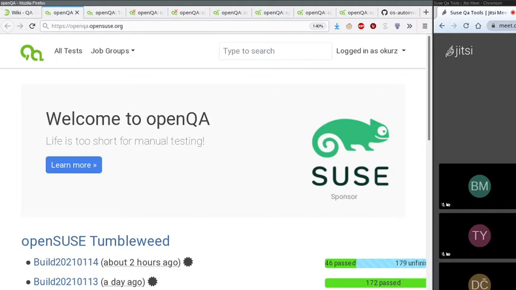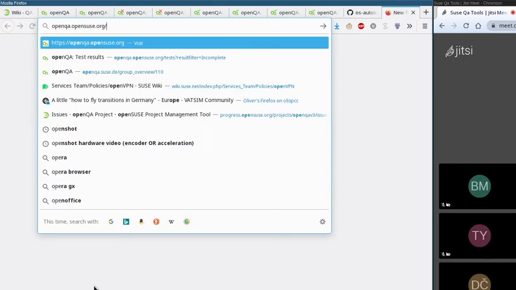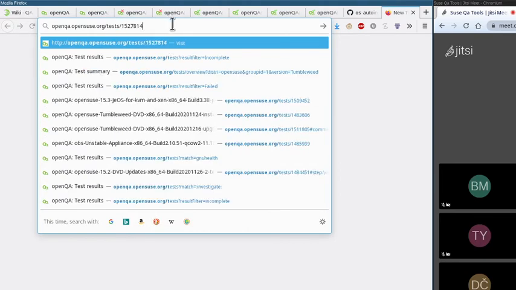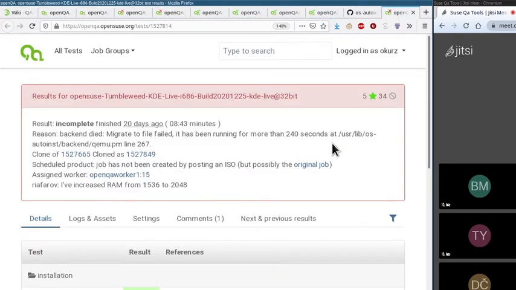I will just shortly take a look in the database if we can find good examples. Okay, so this is one